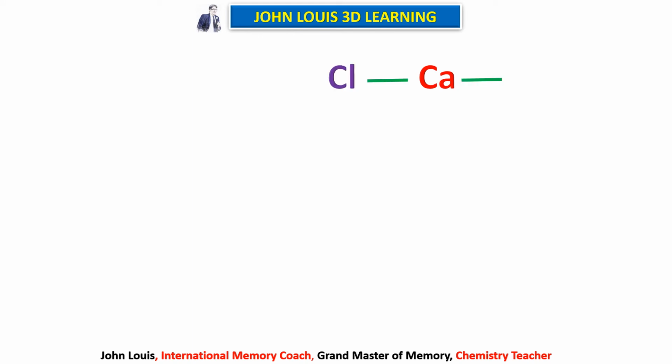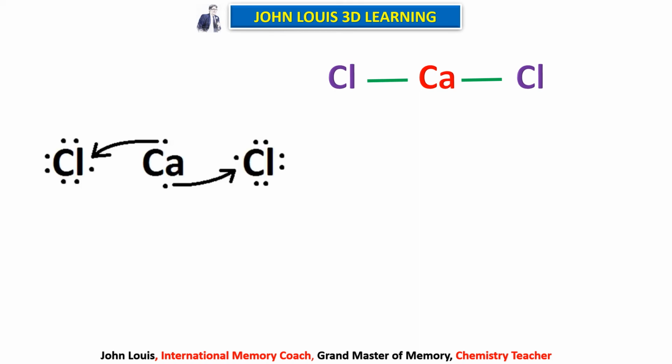So, you take calcium chloride. On both sides, 1 ionic bond is formed. So, what is the Lewis dot structure for this calcium chloride? Calcium has 2 electrons in the outermost orbit. That alone you can write. And chlorine has 7 electrons in the outermost orbit. To represent a Lewis dot form, we can write only the number of electrons in their outermost orbit. That's enough. One electron of calcium is donated to 1 chlorine, and the other electron of the calcium atom